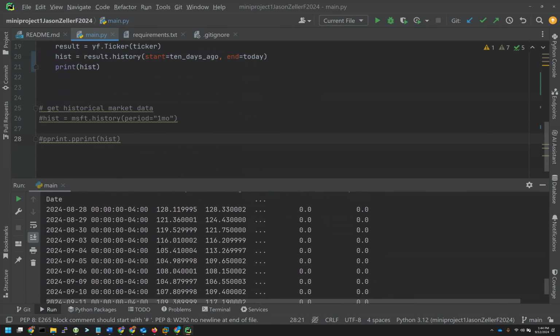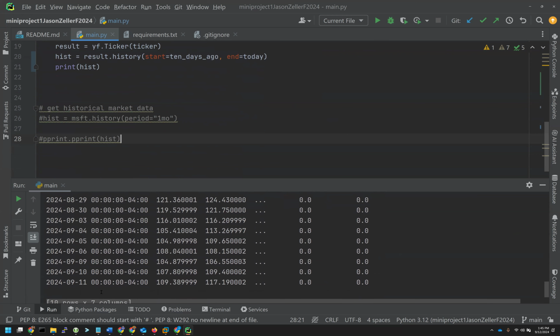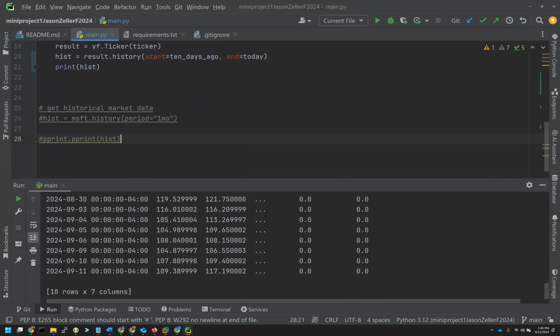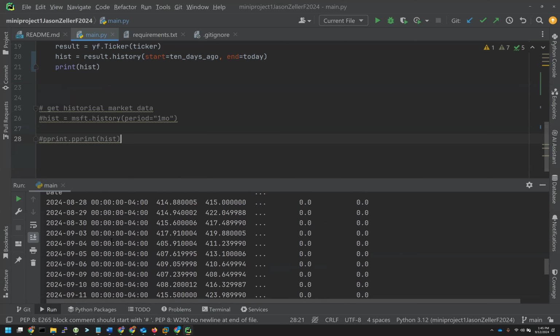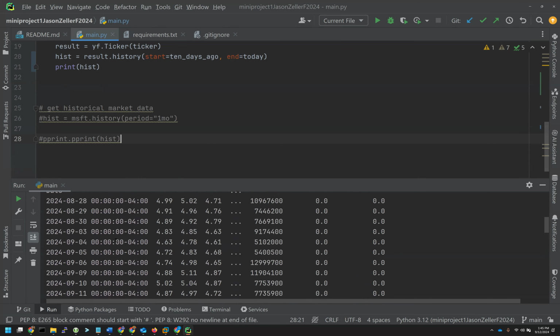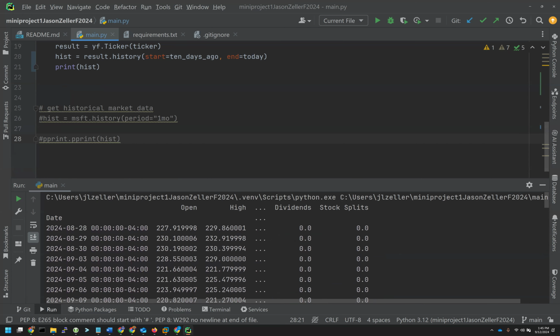Perfect. And if we look at these results, we got 1, 2, 3, 4, 5, 6, 7, 8, 9, 10 in that case, right? That turned out to give us exactly our 10 results. And that's just because of the 2 weekends plus the holiday and anything else in between. So 15 seems to be a decently good number. Okay. All right. Now, if we had more than that, we could trim it down, and we would just trim